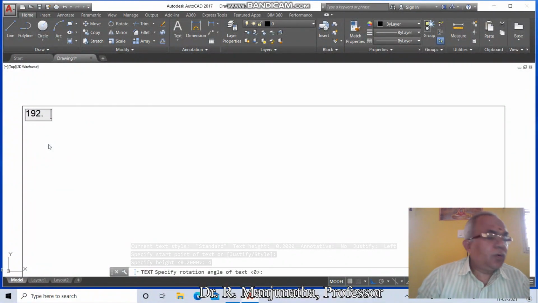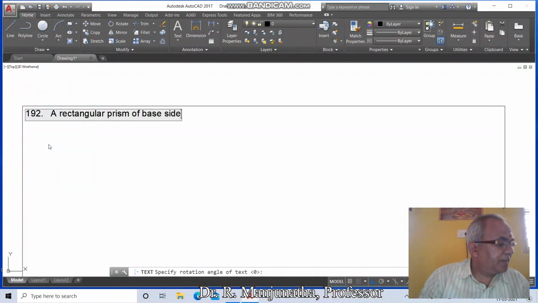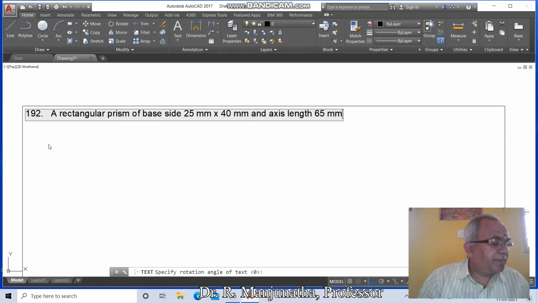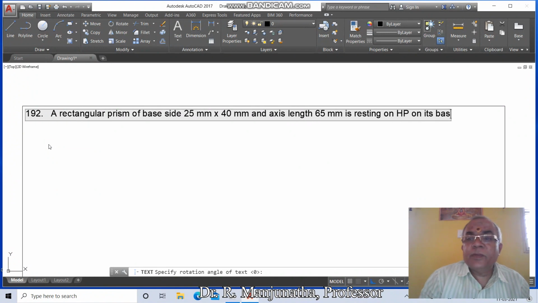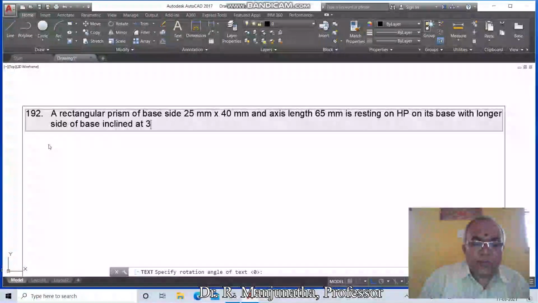A rectangular prism of base side 25 mm by 40 mm and axis length 65 mm is resting on HP on its base with longer side of base inclined at 30 degrees to VP.